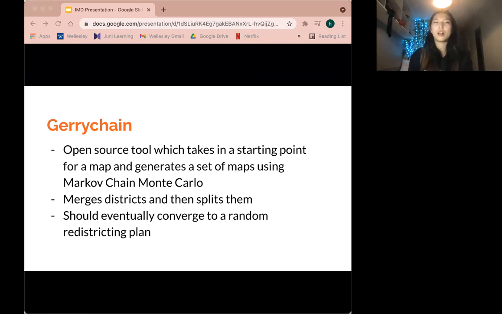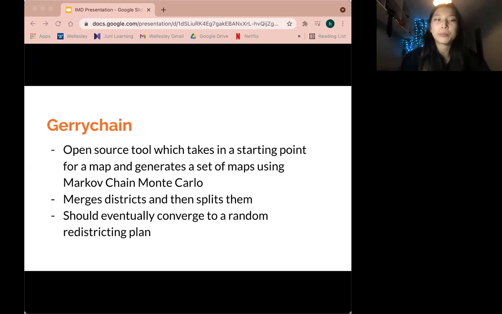And then the theory here is that after enough steps, it should converge to a random redistricting plan. So for example, you take the original map of the state and its congressional districts. If you just run it for one step, it's going to look pretty similar to the original one. But if we run this chain for enough steps, it should look a lot different, and each